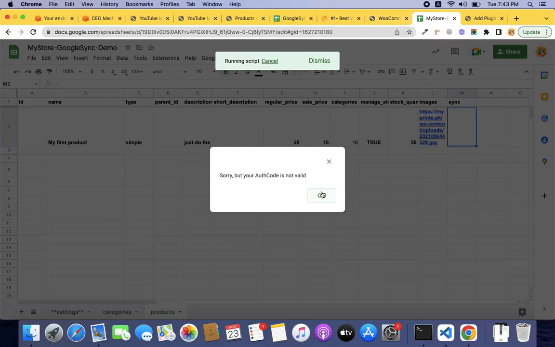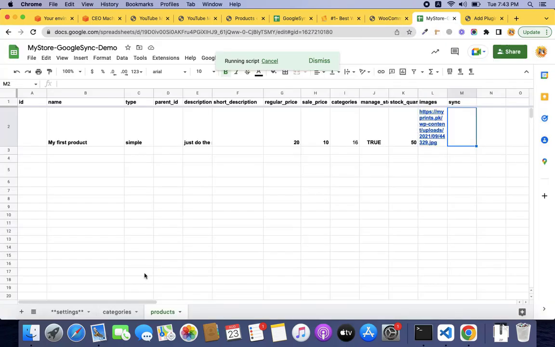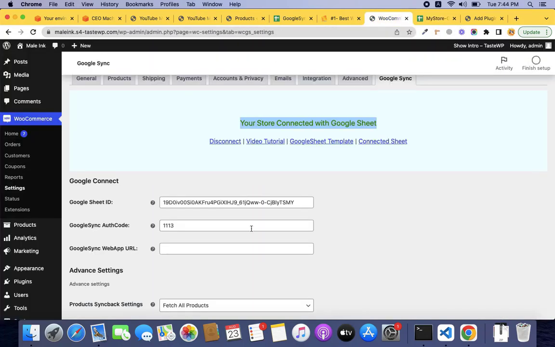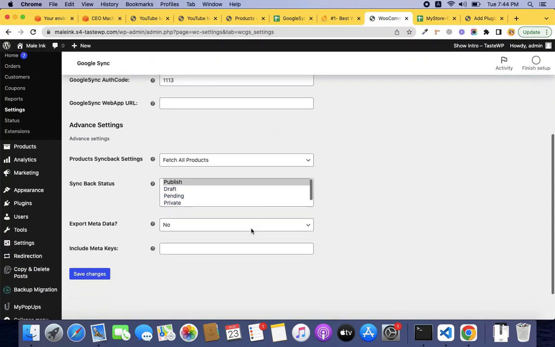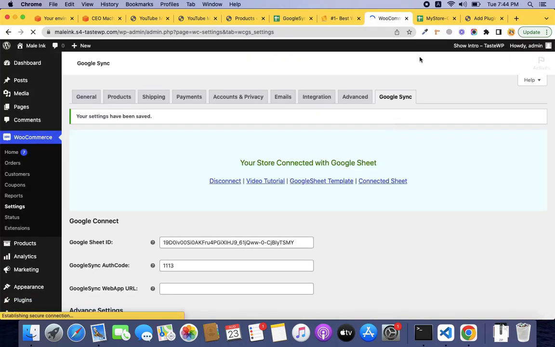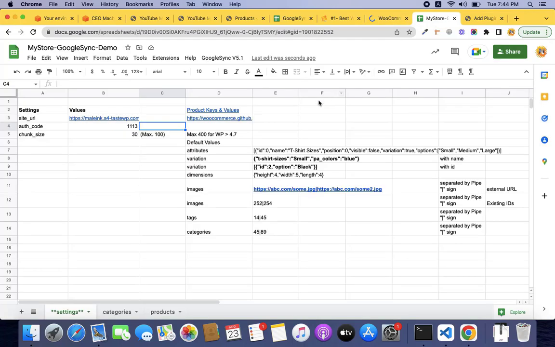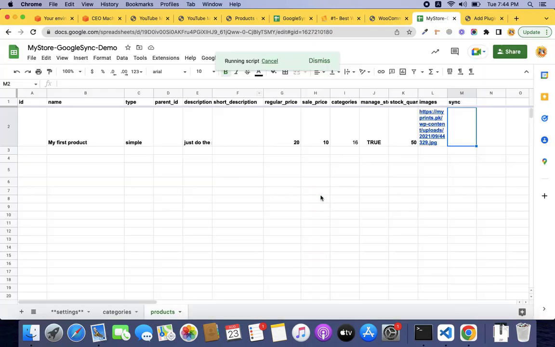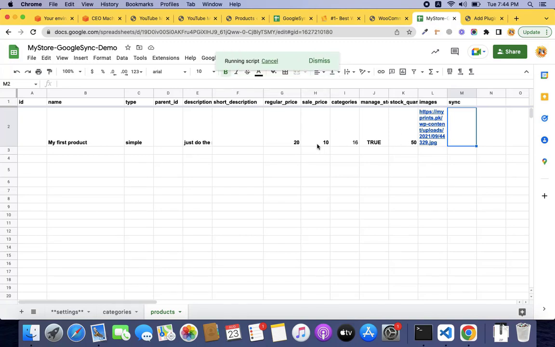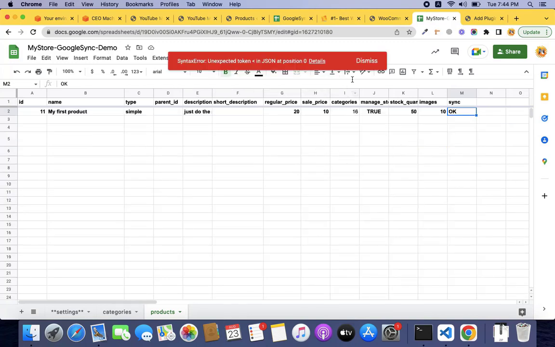Okay, and your auth code is not valid. Okay, let's see, 1113. Okay, and the auth code is not valid. Let me save it again, and connect sheet. Okay, it's working fine. Okay, let's try again, maybe some cache issue. Okay, perfect,